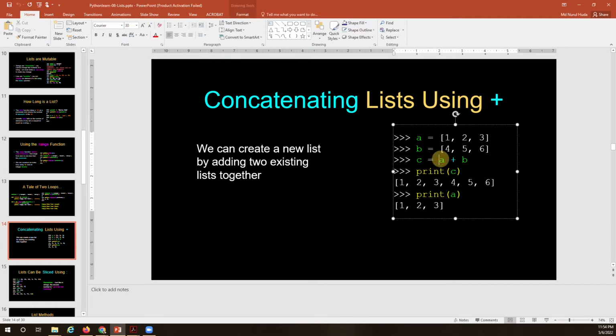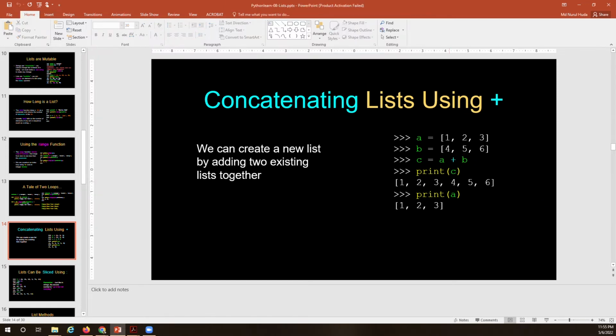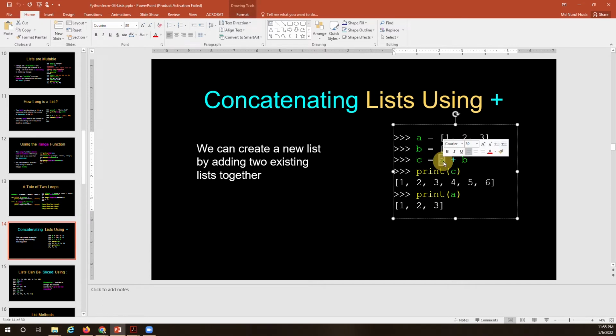The elements of A come first and then the elements of B. Now if I change this to, let's say, B plus A,